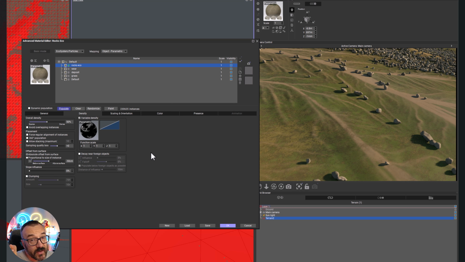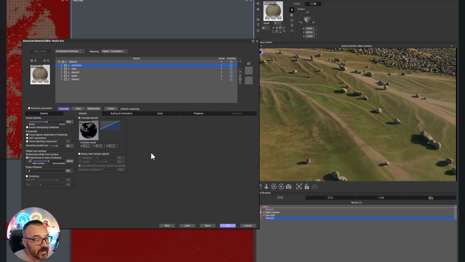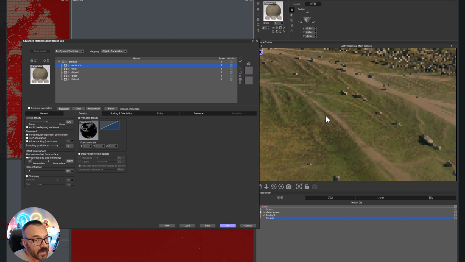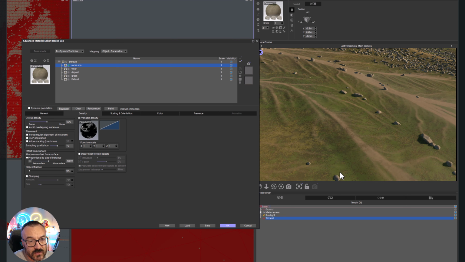If a rock is very small, it will disappear underground, and this is what we want to test right now. You see how some rocks are disappearing, but some actually look good. So I think about 50 centimeters will give us better rocks. And we don't necessarily want too many of those rocks, so we need to take our density and reduce the density of the rock. As well, we want to modify